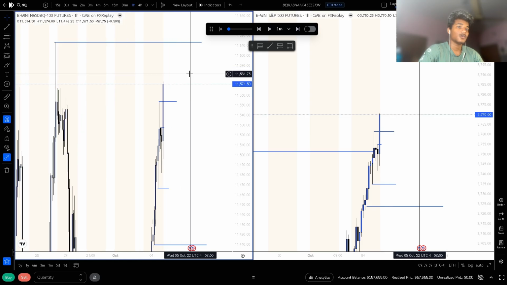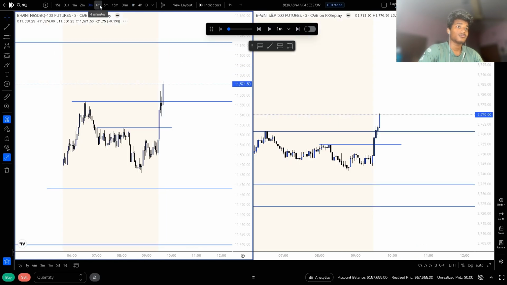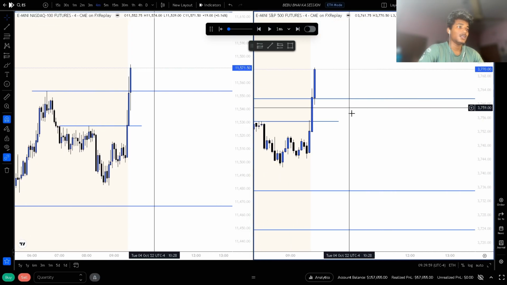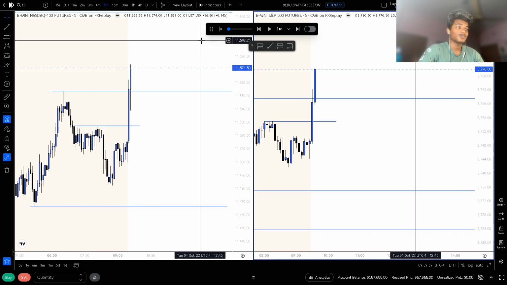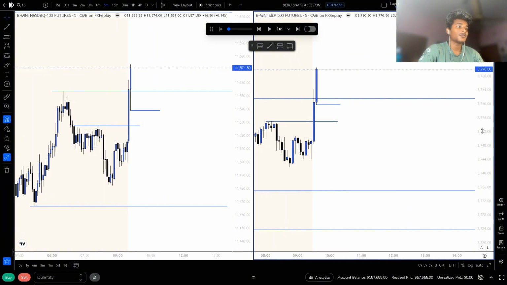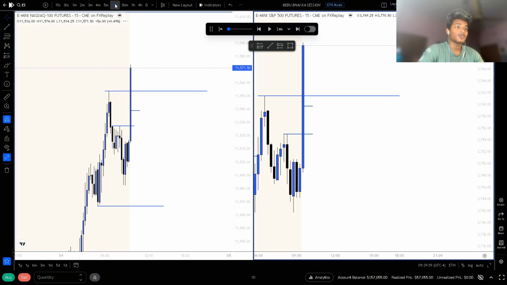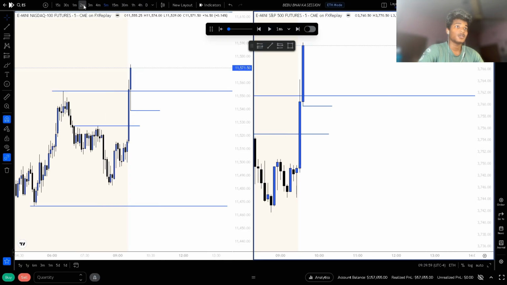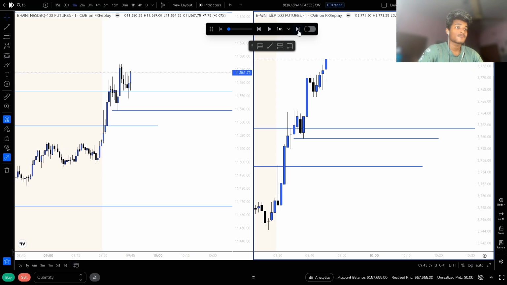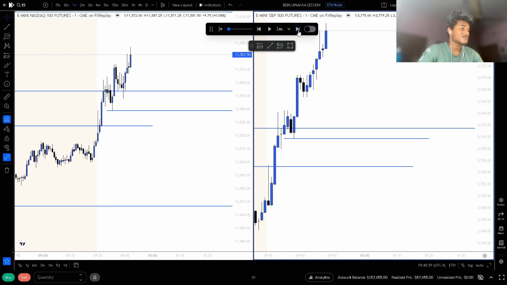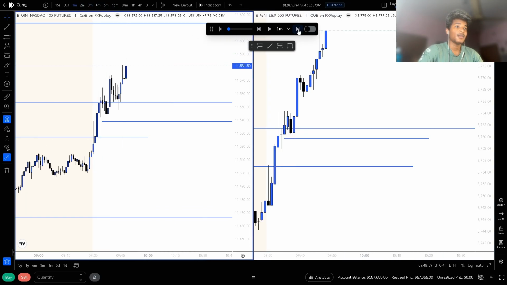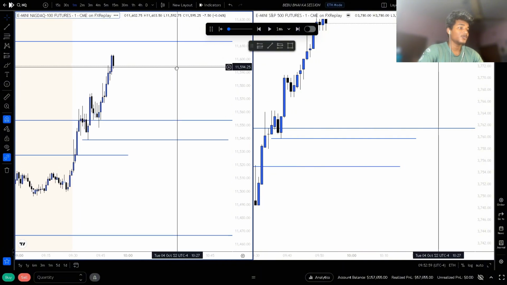I do think that I was wrong about my bias as well. So I will try to catch a continuation long towards that high. So if market retraces into this 5-minute, I will actually take longs with no gaps in 15-minute as well. So let's just see what the market will do now. There's 9:48 and market didn't retrace into any gap and let us continue to move up higher.